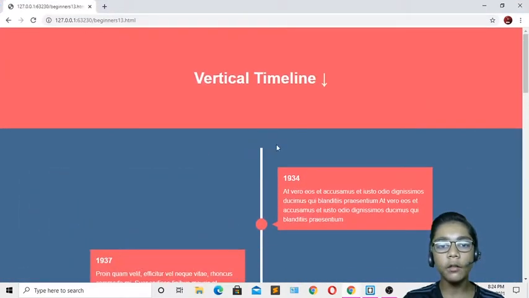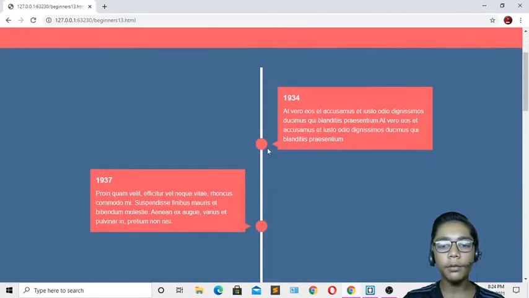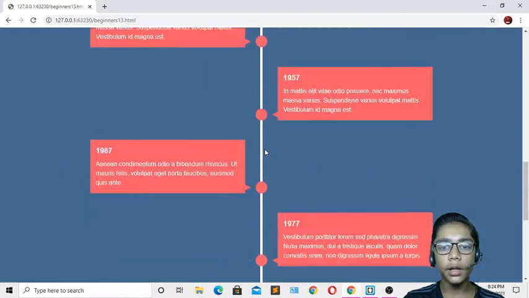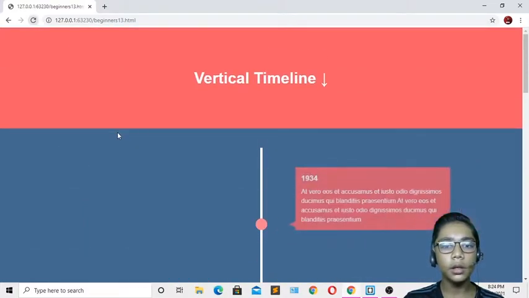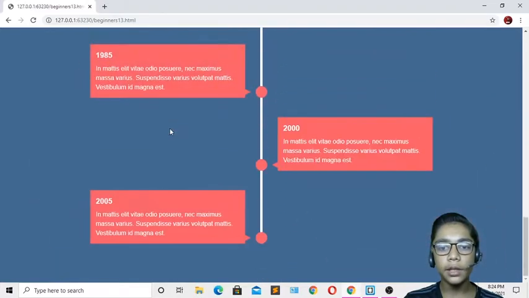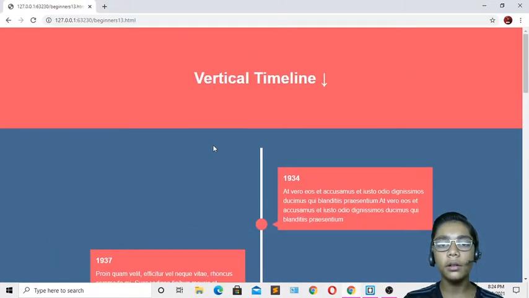Over here you can see now our vertical timeline has been made. If I scroll down, you can see all the things are coming which I want. Okay, so like that, if I do like that, over here you can see now all the lorem languages are coming over here. You can see that. Okay, so like that, you can build your own vertical timeline project in JavaScript.